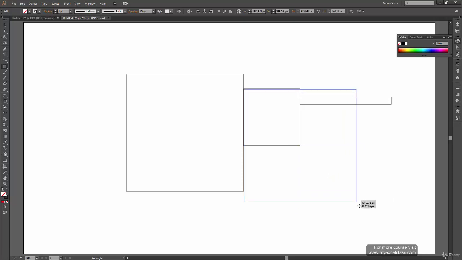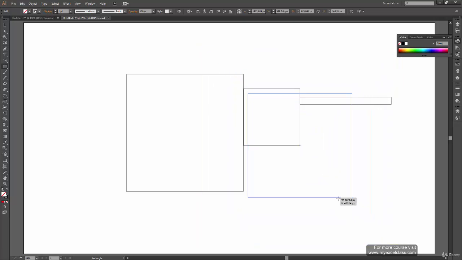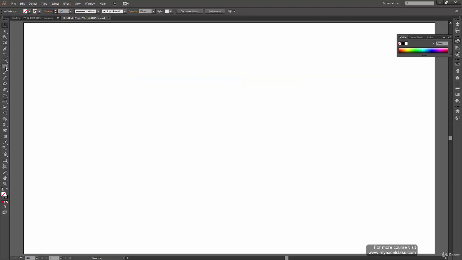When you press Alt key, it shifts your center to the first point, and now your rectangle is expanding from all the sides. Now I can either release the Shift key and just keep pressing the Alt key to make a rectangle like this and release my mouse and release the Alt key. So these are all the option keys for rectangle, and I'm going to select and delete all of them.